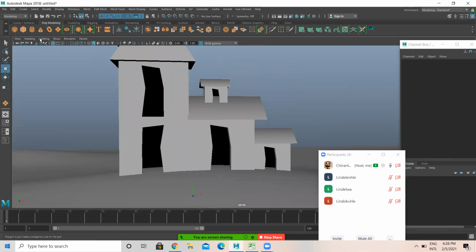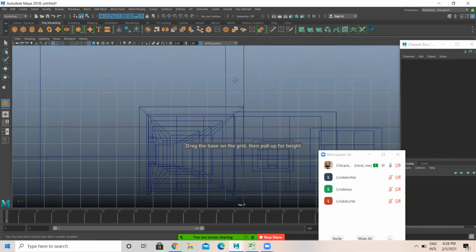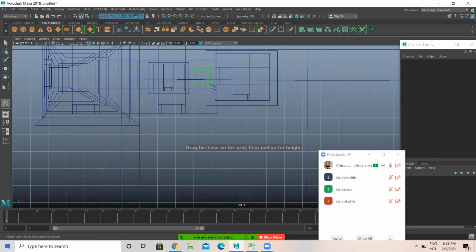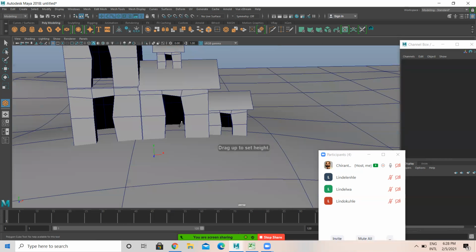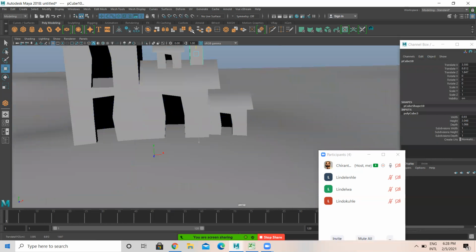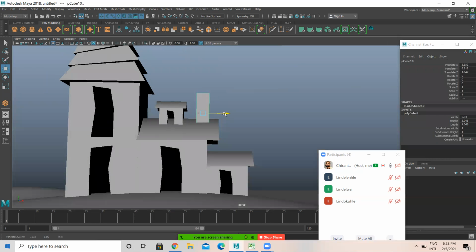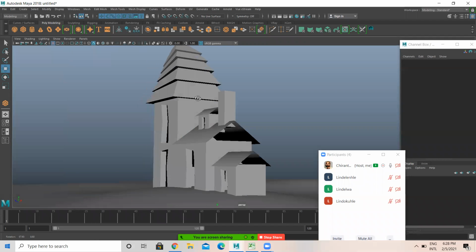Then one more cube I'm selecting. I'm gonna create one more cube just over here, and I'm lifting this, something like this.